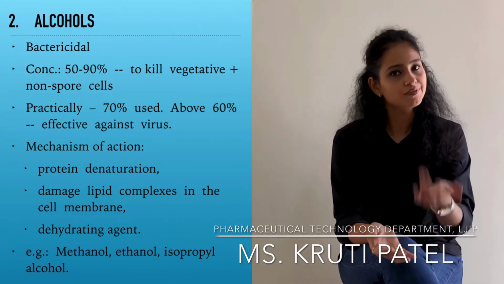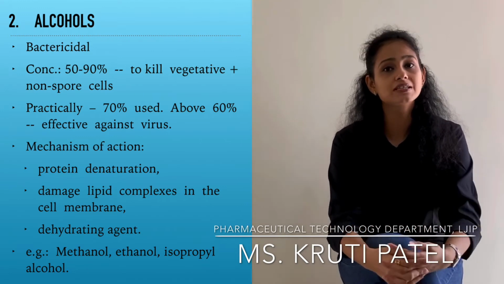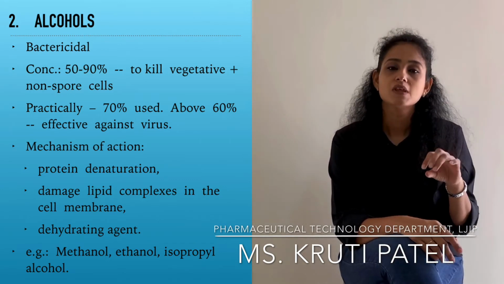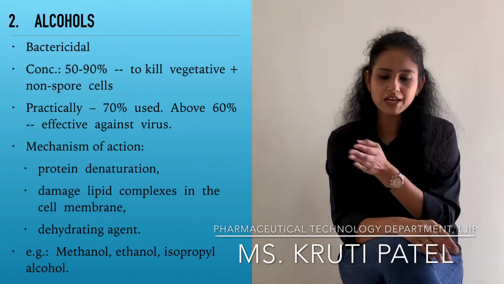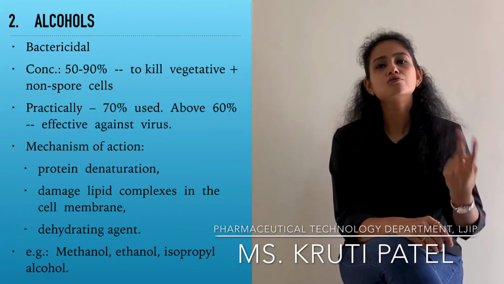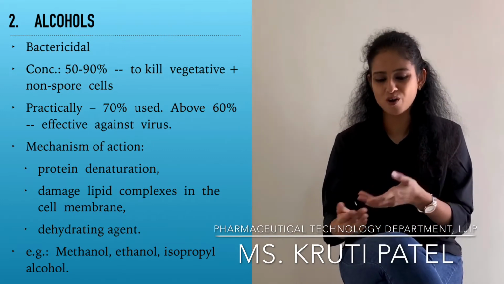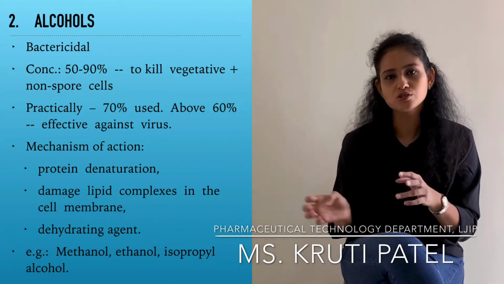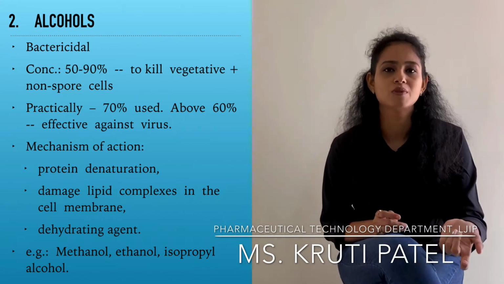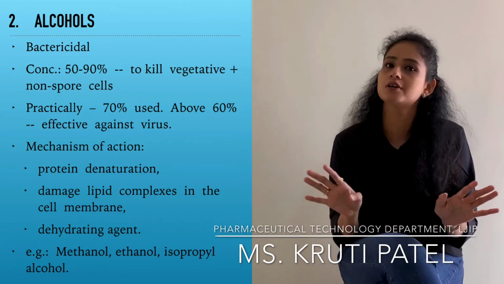So what happens if we use 90% alcohol or above for sterilization purposes? Then it will dehydrate the microbial cell. And many a time when you dehydrate a microbial cell, that cell will be converted into spore form. It converts into a dormant state, because it feels that water is draining out of its body. So once it is converted into spore form, it is very difficult to kill them.